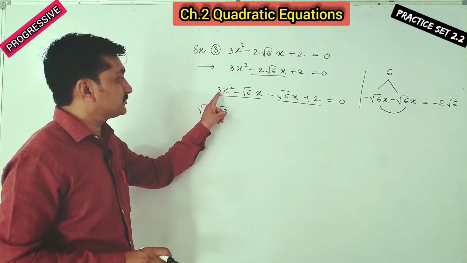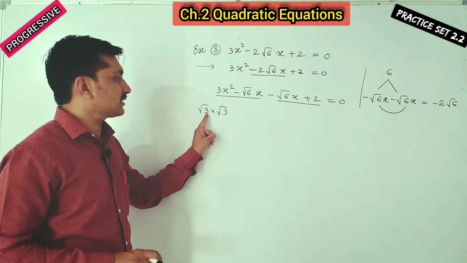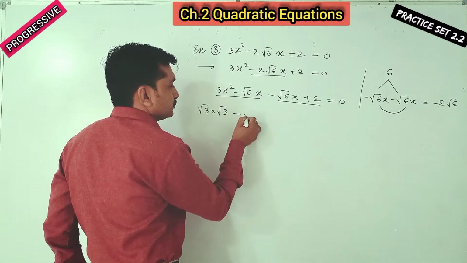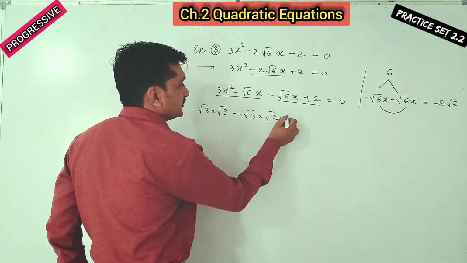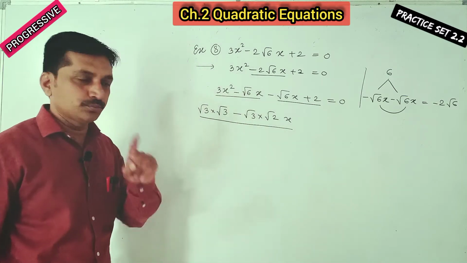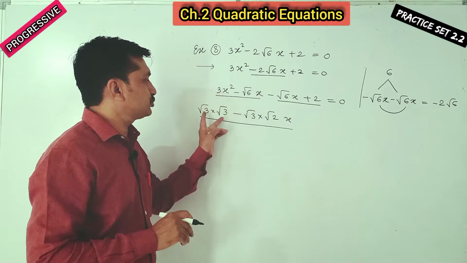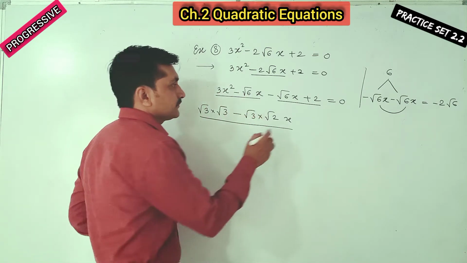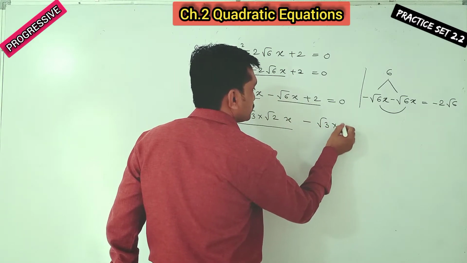Right? We can write this 3 as root 3 into root 3. Correct? 3 3s are 9, root 9 means 3. Minus here also root 3 multiplied by root 2. 3 2s are 6. X here means our first group is this. First group. We converted this rational into irrational. This also we factorize it. Same way here, minus root 3 multiplied by root 2.